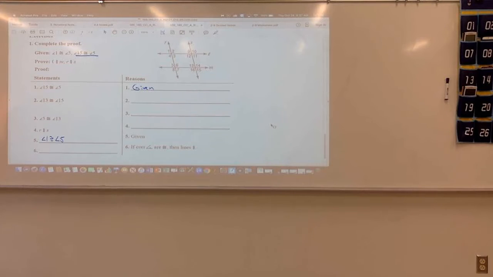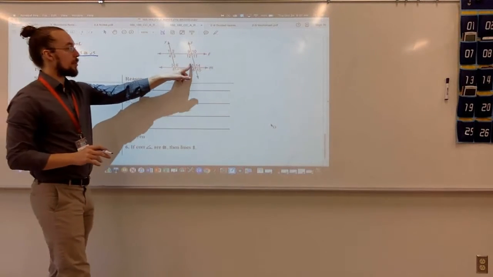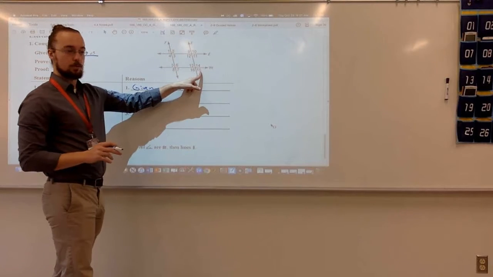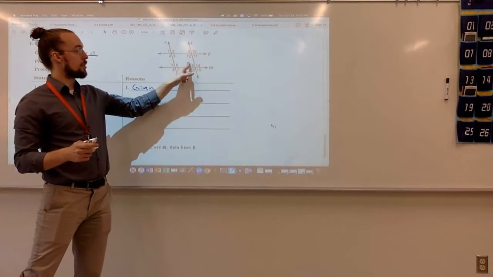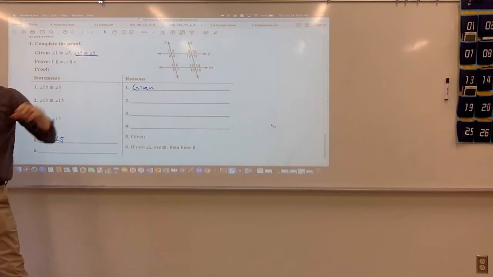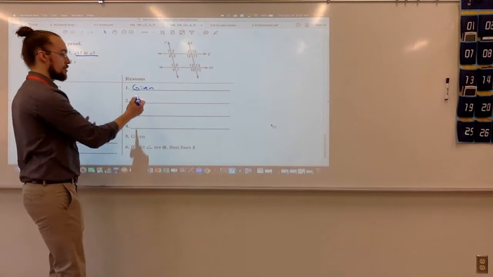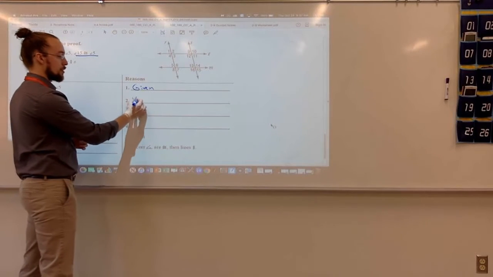Okay, so now let's look through and see what we've got. So next, okay, in line 2, they somehow claim that 13 and 15 would have to be congruent. That doesn't really follow from 5 and 15 are congruent, but why can we claim that 13 and 15 are congruent? They're vertical, right? So I can just say angle 13 is congruent to angle 15